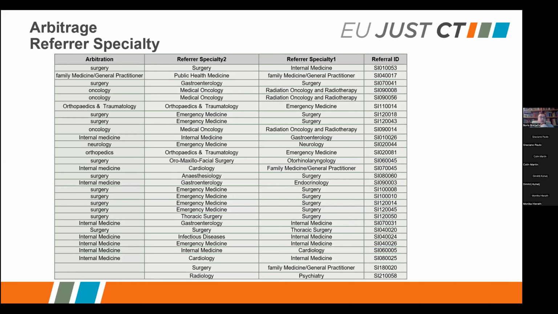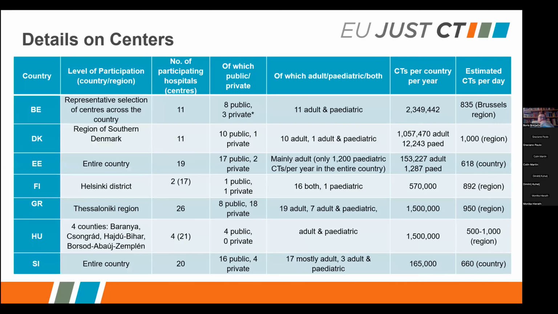Also, we were looking at referrer specialties. For instance, here we had to decide whether there was, for instance, an internal medicine or surgery arbiter, or family medicine or public healthcare medicine. So we had to basically, in some cases, look more into files to perform arbitration. Now to look at the most important data,